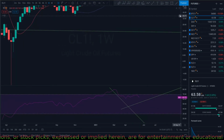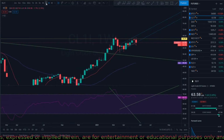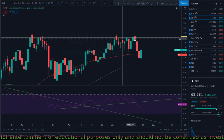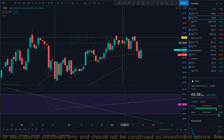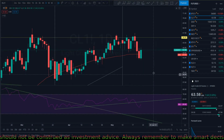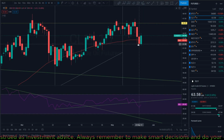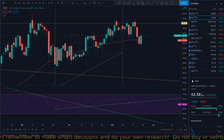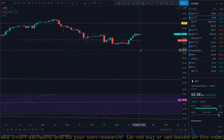Oil. So if we look at the daily on oil, you see that we got rejected right here. There's like a double top, and it couldn't break out, and it broke. It closed below the 50 moving average. It's trying to get back. This may be just another rejection, and if we go even in a lower